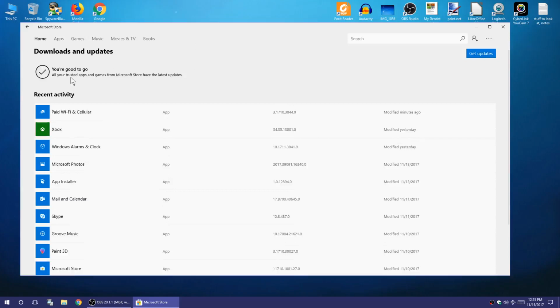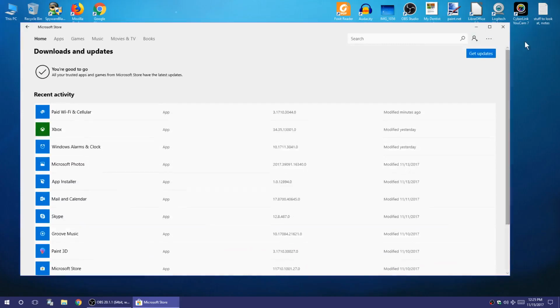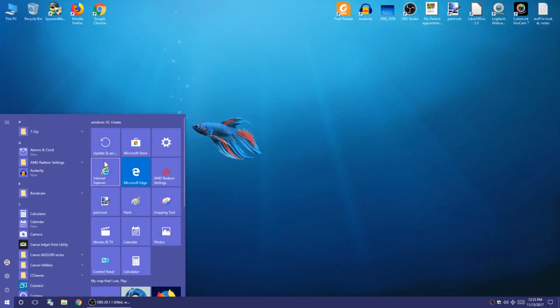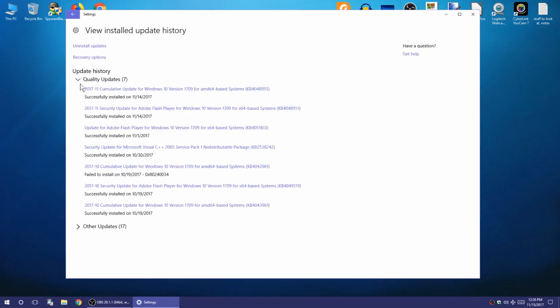So anyway, it says you're good to go. All your trusted apps and games from the Microsoft Store have the latest updates. Well, okay, so it looks successfully updated, right? Well, if you go down to, say, Windows Updates, I made a shortcut here, Windows Updates. And if you look at View Installed Update History right here, right? Okay, so you get the quality updates. And for the most part, except for where